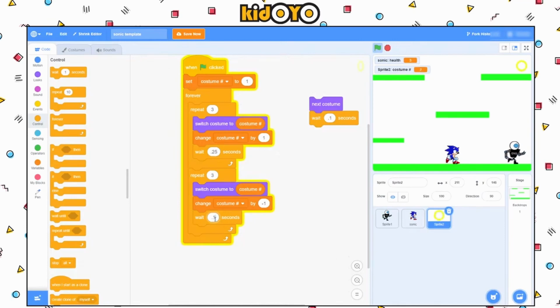Let's make this 0.1, the wait block 0.1. And that looks pretty good. You can play around with the wait times, but I think this is looking pretty good. And now